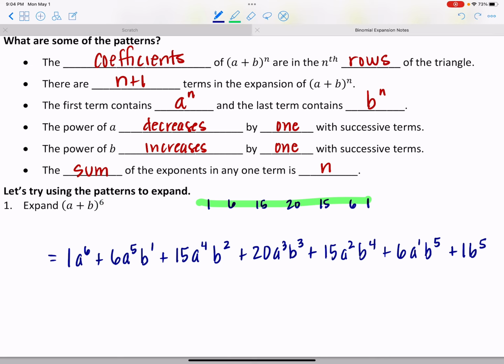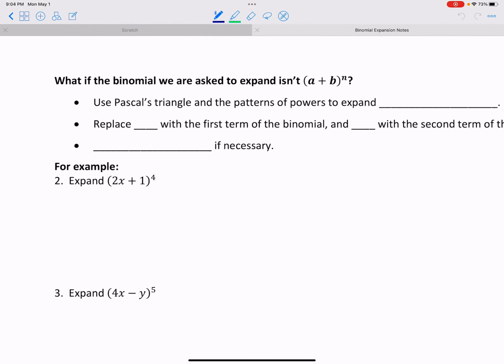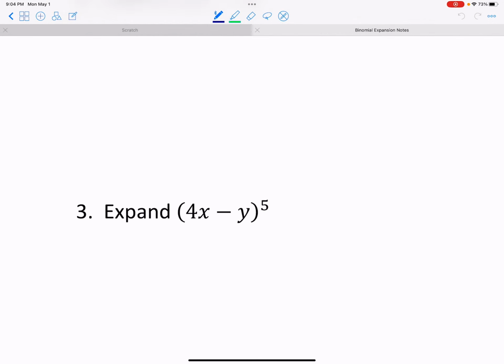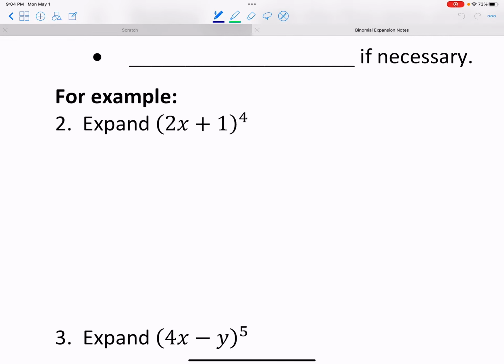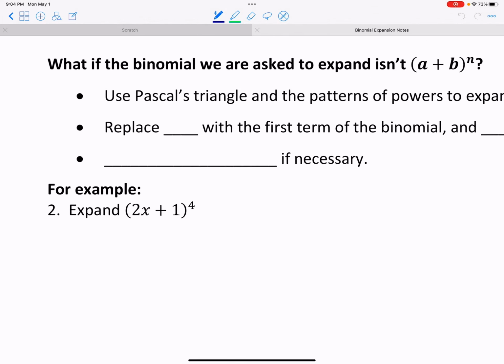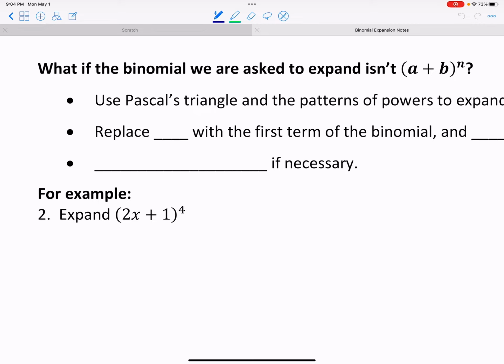Now, unfortunately, most of our binomials that we are actually expanding are not just a plus b to the nth power. Right? When we go to expand binomials, they look like this: 2x plus 1 and 4x minus 5, and there are other things happening. Now, I'm sticking to linear examples here, but any binomial to any power, we should be able to use these rules to expand. So, if I was going to expand 2x plus 1 to, let's say, the fourth power, like in example 2,